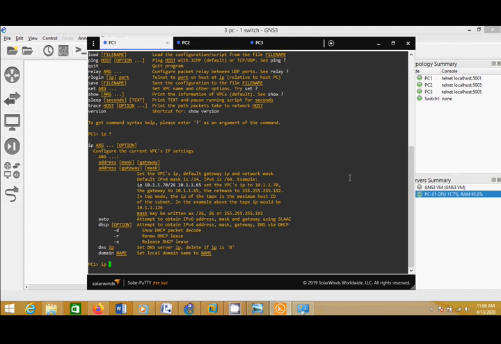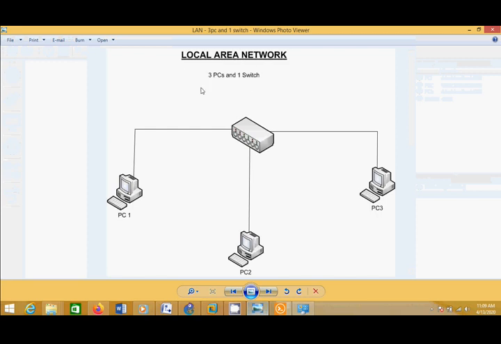For a simple example, I will write ip 10.1.1.1, and then you can type the mask, for example 255.255.255.0, and then the gateway. But because there is no gateway in a switch topology like this, we can just leave it empty.